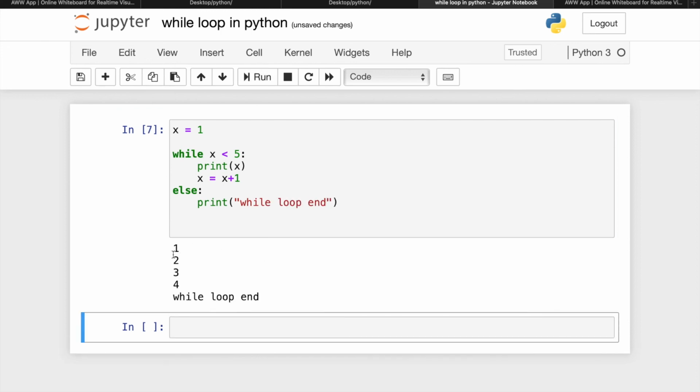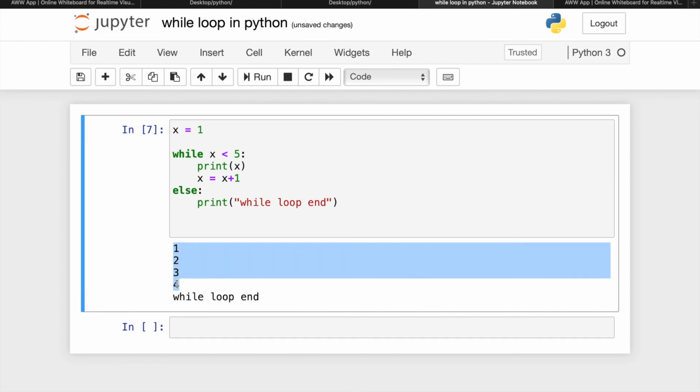If I run this, then 1 2 3 4 will get printed, and at last it prints while loop end. So the else statement is used when your while loop is completed.